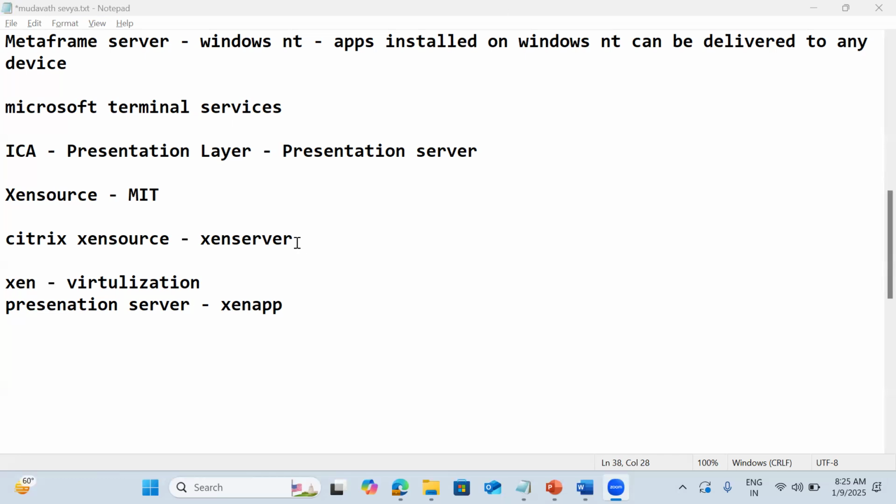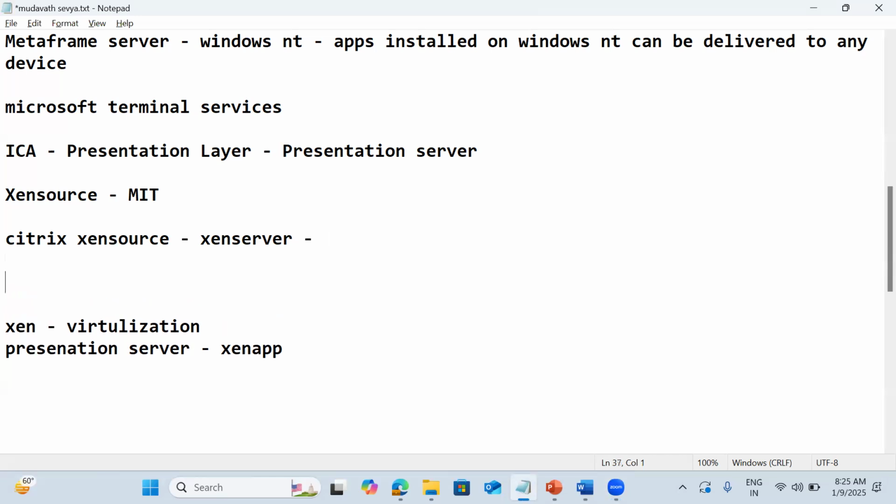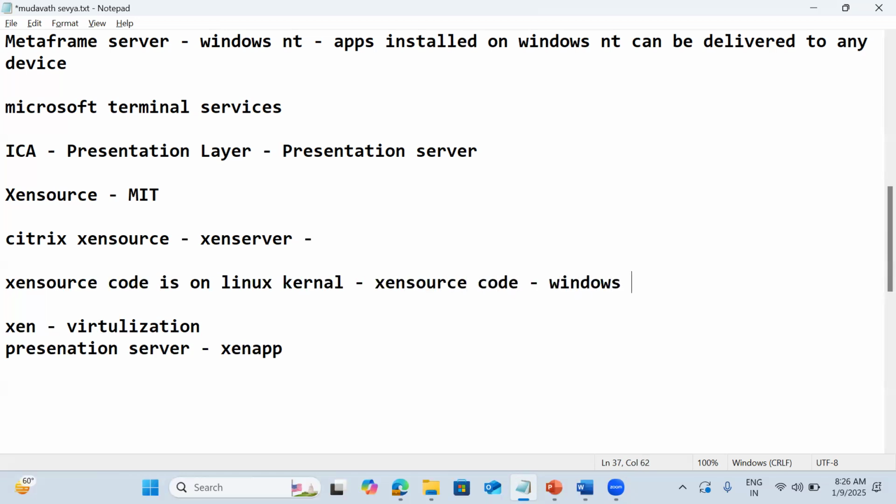Then what is the Microsoft hypervisor? Hyper-V. The ZenSource code is on the Linux kernel. Then Microsoft also realized they wanted a hypervisor. So they took the ZenSource code, merged it with Windows, and released Hyper-V. If you understand here, Citrix and Microsoft are like sister companies.